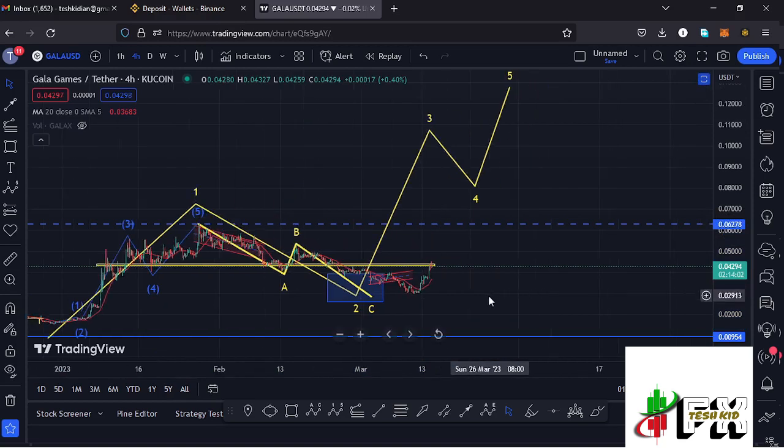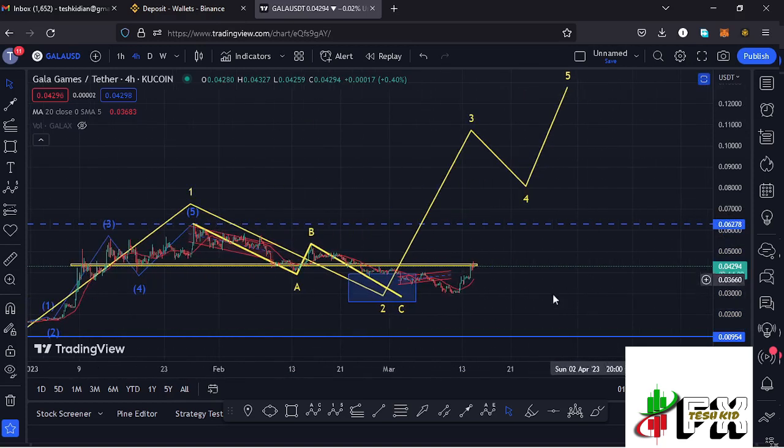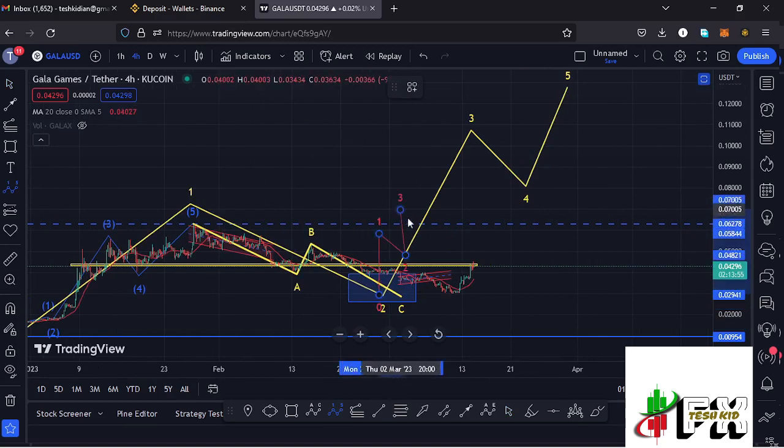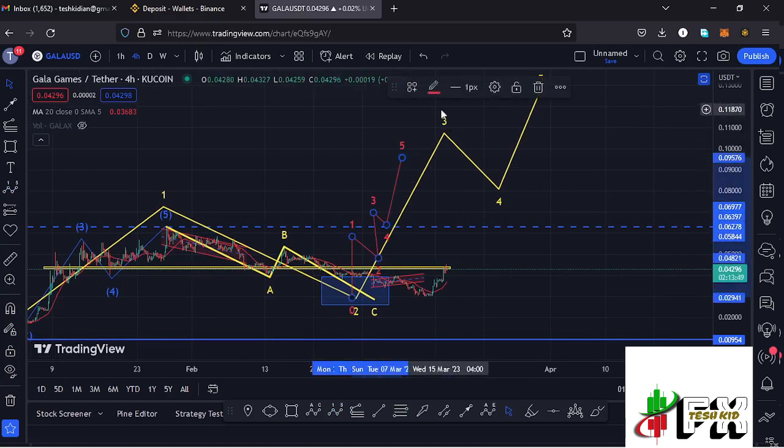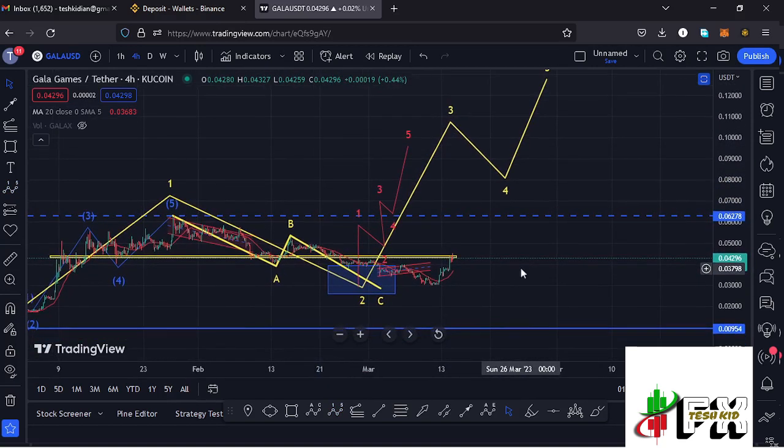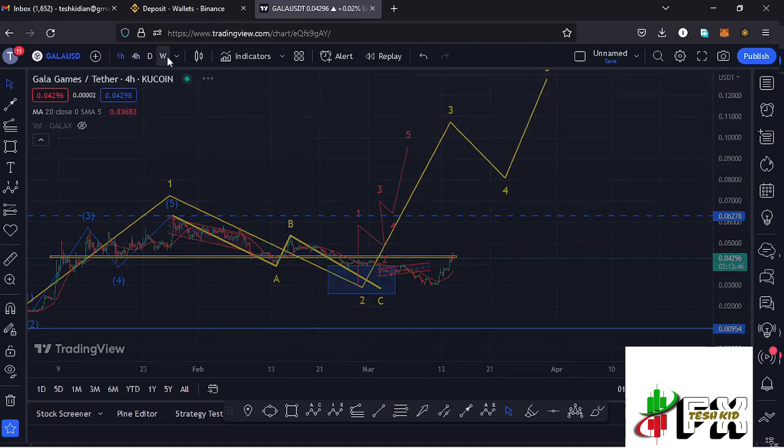And because of the impulsive nature in the formation of that higher Elliot wave count 3, I'm also expecting to see a 5-wave structure in formation within the formation of that higher Elliot wave count 3, having the wave 5 giving us the high for that wave 3 and also fully maximizing our target areas. And I believe we are seeing such a scenario over here.